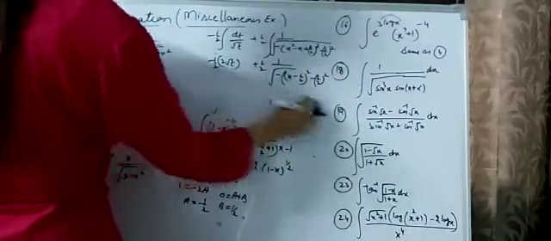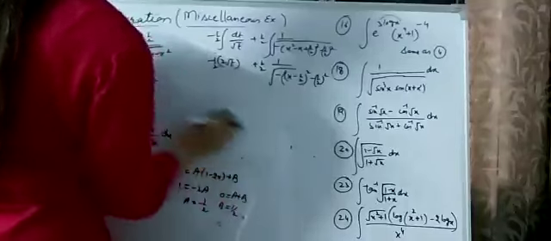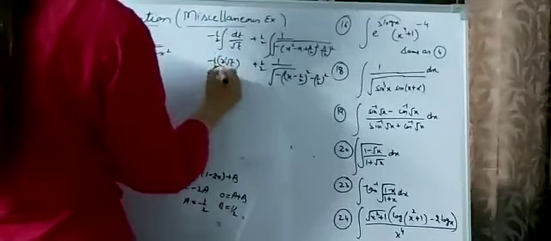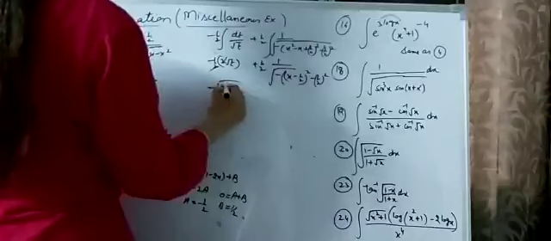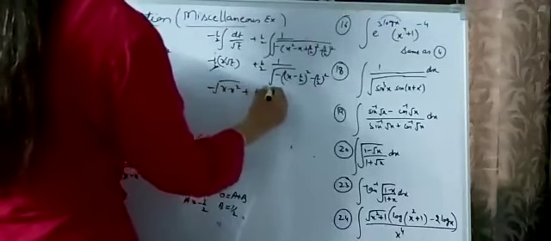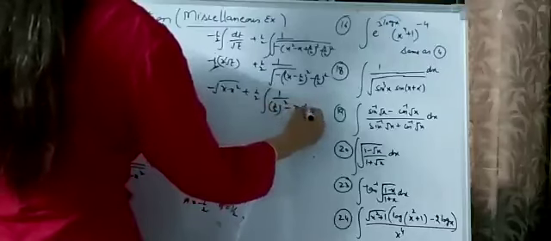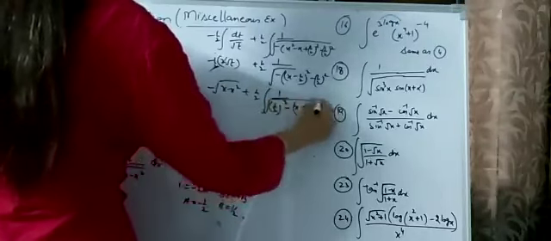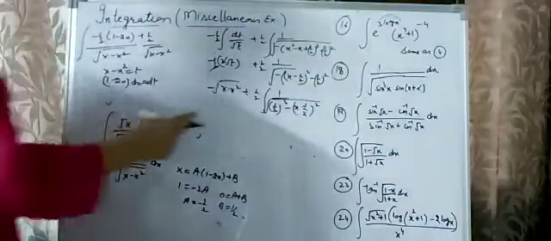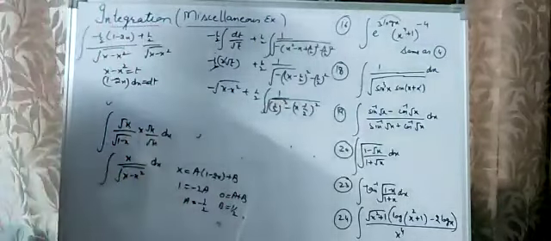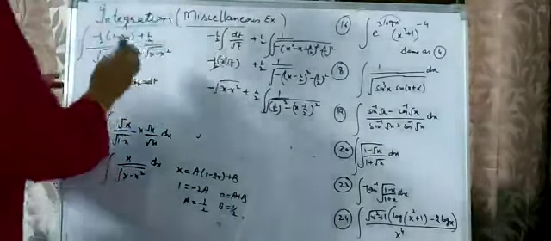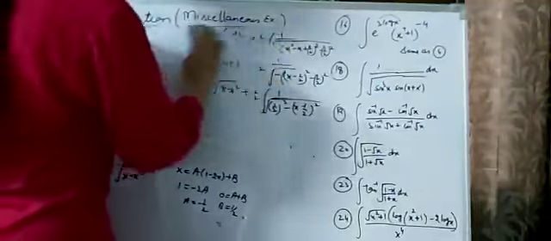In this we put the back value of t here. This is cancelled out, minus root. What is t here? x minus x square plus 1 by 2. This is changed into 1 by 2 square minus x minus 1 by 2. And here we apply the formula of a square minus x square, that is sine inverse x upon a. So in this way, with further breakup, we can do the integration of this.